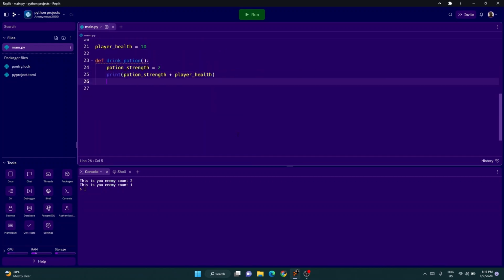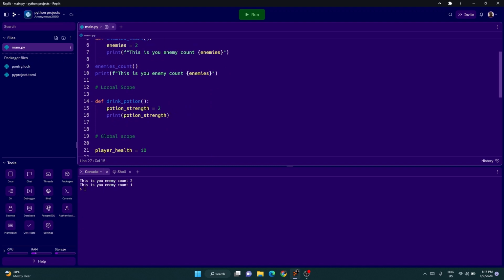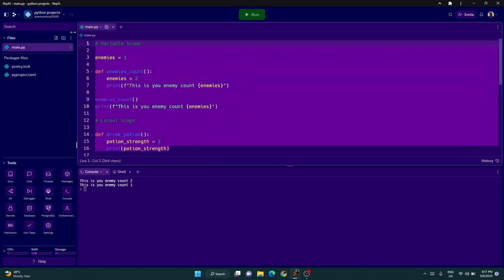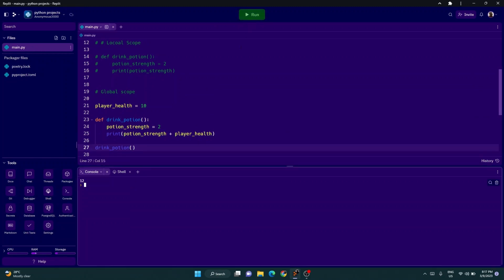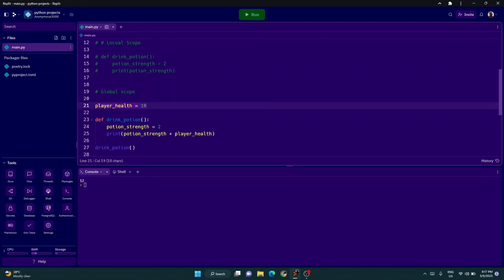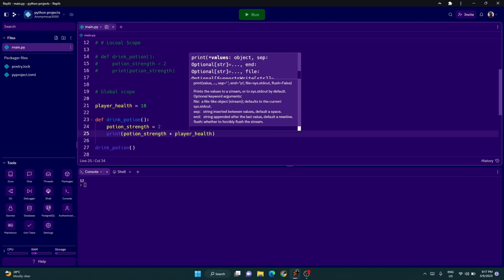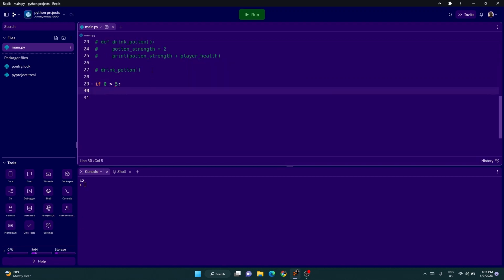And as you can see here, let's call this function, drink potion, and let's see, because it's on the outside. Okay, let's now comment this all out so we don't get any other code. Okay, so we have only this now, and let's see if it actually works. Yes, so as you can see, in the global scope, which is actually outside any function, we can use it inside the function. So let's comment this all out,